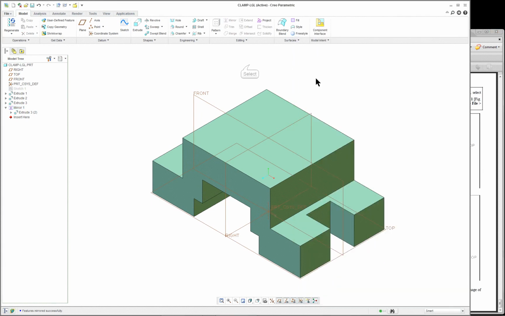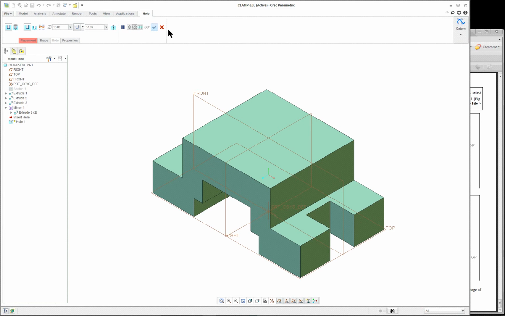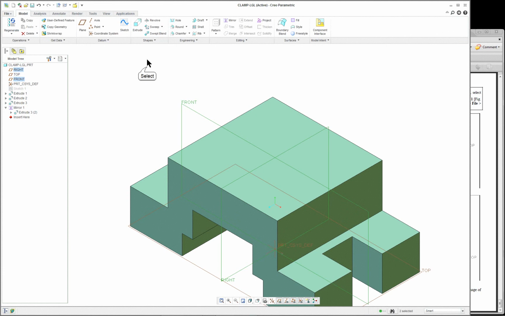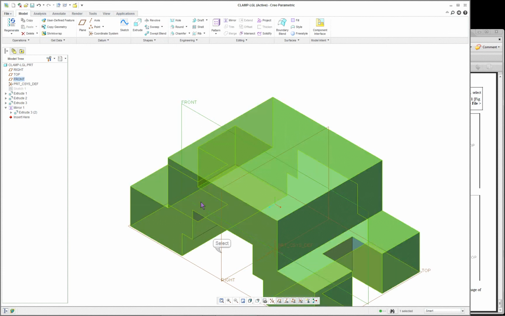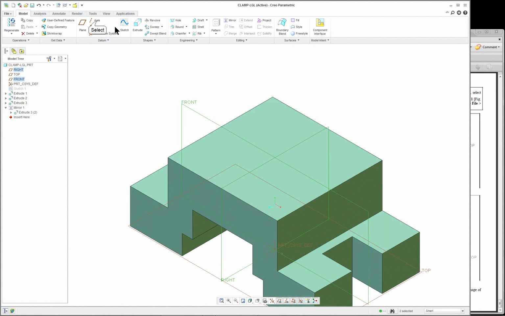Now, we'll do a couple of extra things here. What if we want to put a hole down the middle? So let's gather our front, hold down your control key and your right datum plane. Select the hole tool. I did it differently. I said the hole tool, but I was going to put in an axis. So I don't have an axis there to work with right now. So let's cancel that one out and start again. The front and the right, and let's put an axis in first, and then come over and select the hole